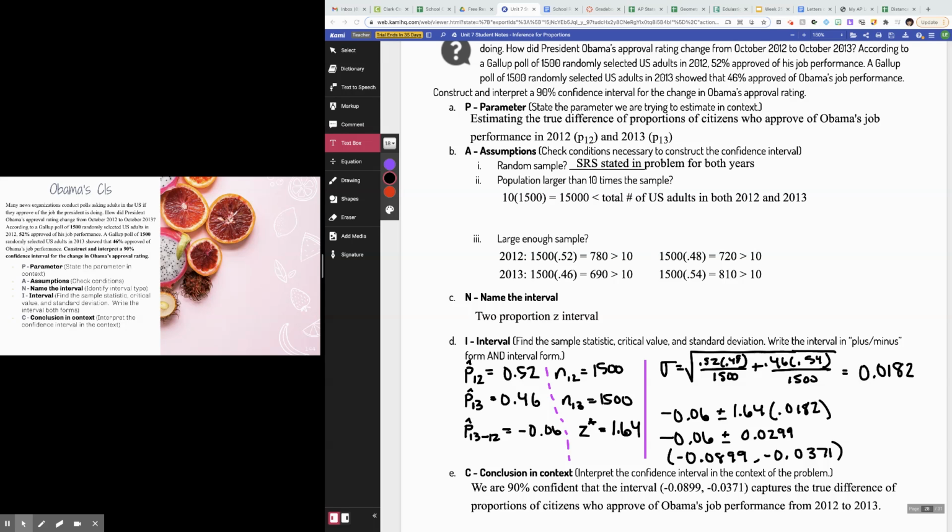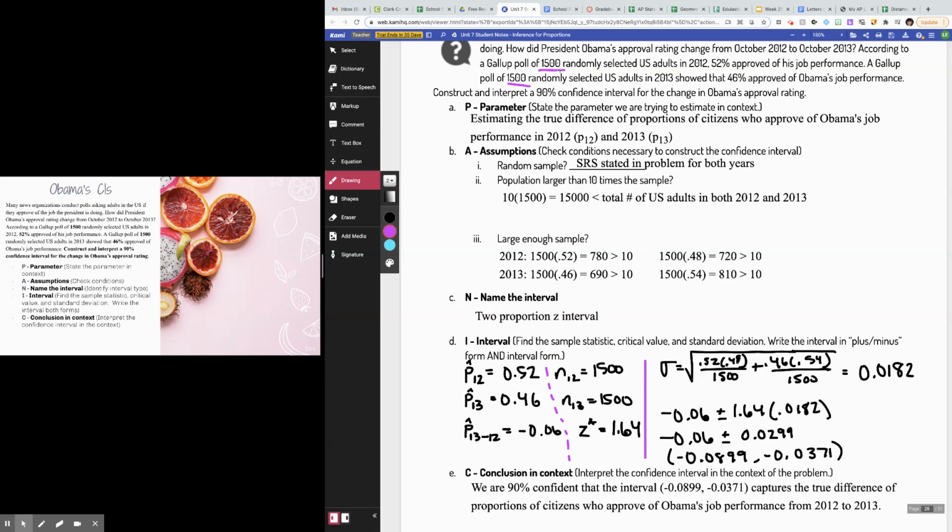Now, one thing that's a little different about this problem than the last problem is that the sample size is the same for both years. So you really only have to show that math once, right? So here I did 10 times the sample size, which gives me 15,000, which is definitely less than the total number of US adults. And then you just have to say in both populations, or in both 2012 and 2013. So you don't have to write out that same formula twice because it's exactly the same